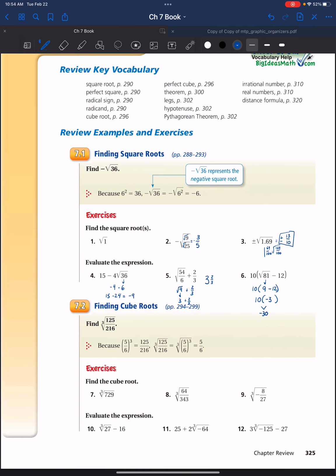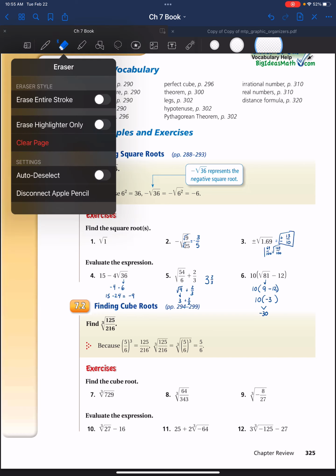So, that was section 7.1. Any questions on 7.1? It was just square roots. Feel good? No questions? Okay, I'm going to go ahead and erase my page, and then we are going to move on to